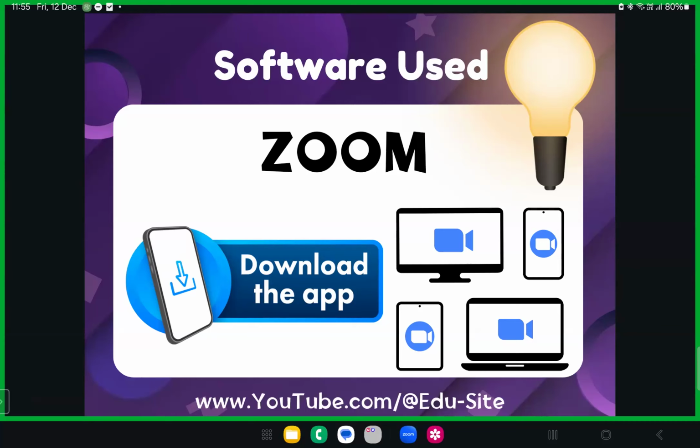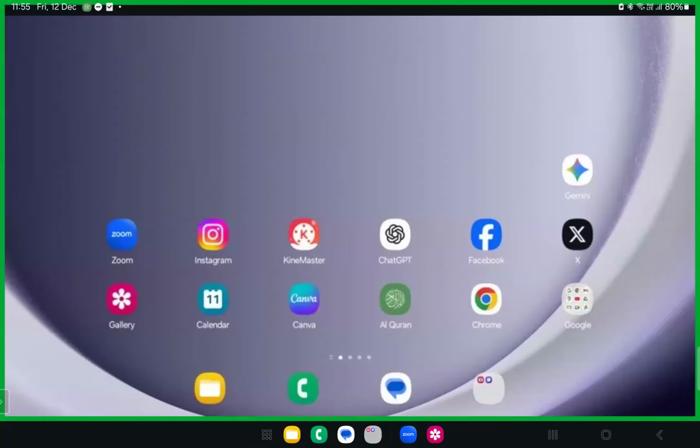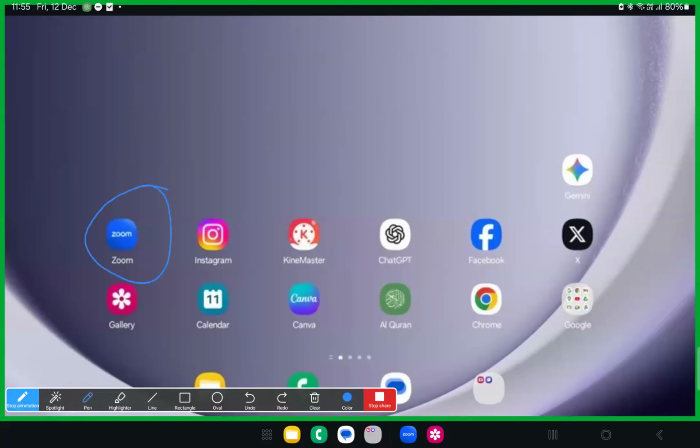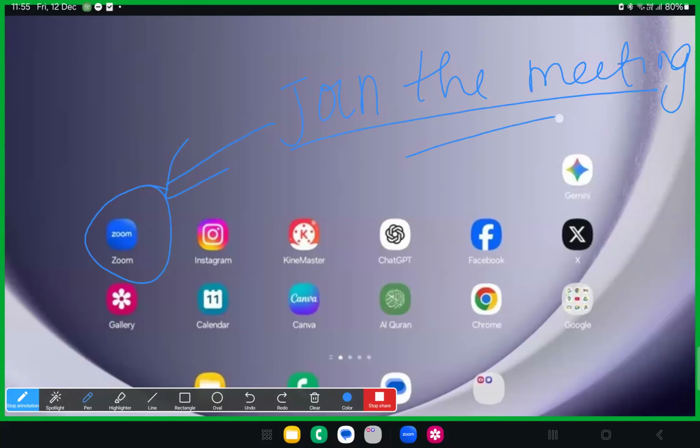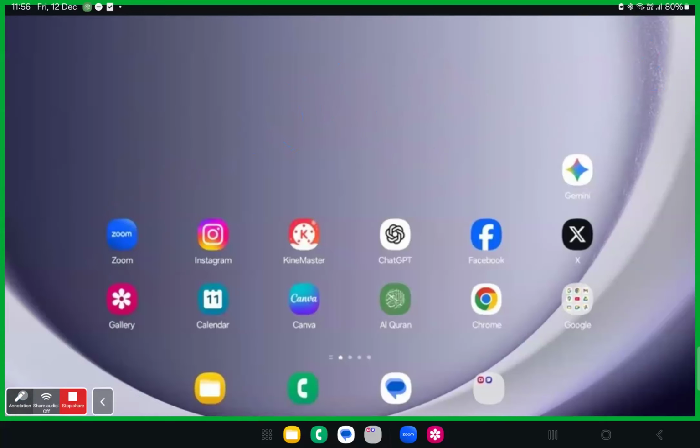So let's begin now. We are just discussing the Zoom platform. So think that this is your screen and this is how Zoom appears, right? Most of the students use this to join the courses, right? Join the meeting. So how do you join the meetings? You go to WhatsApp, correct? You get the meeting link. You just click on it and you'll be joined to the Zoom meet, isn't it? Yes. So that is one way that you join the Zoom meetings.